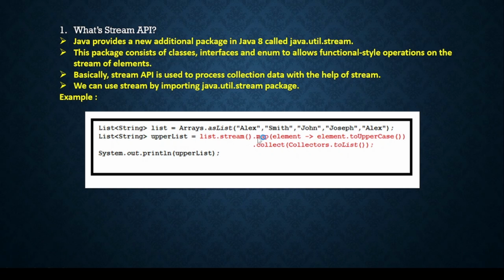Then what I am doing is mapping. What map is and all, we are going to see later. But just understand what I am doing. I am mapping each and every element of this list, and from each and every element I'm making toUpperCase,